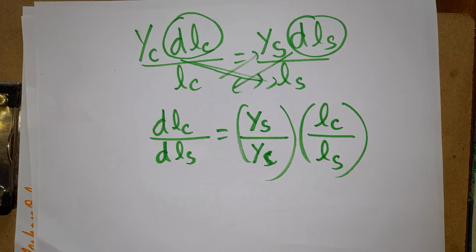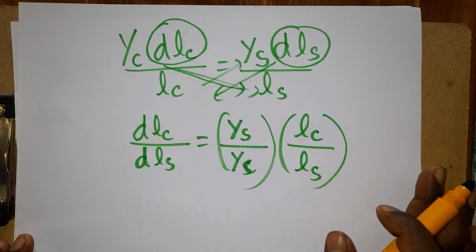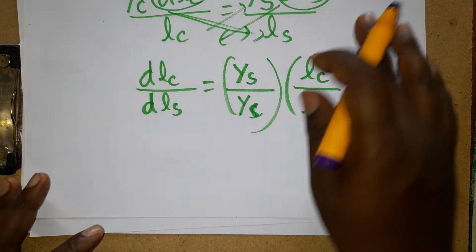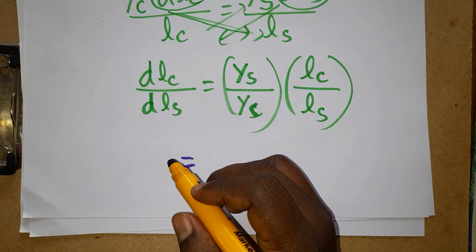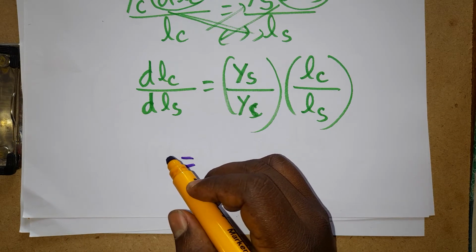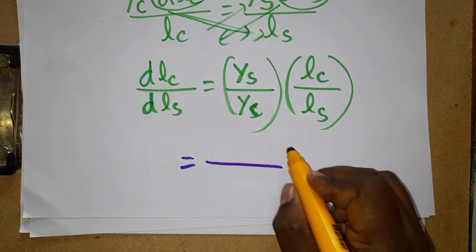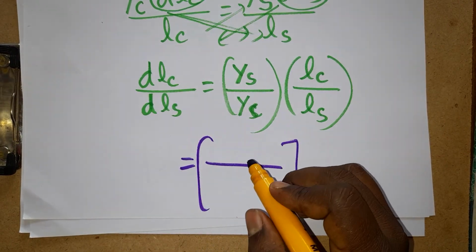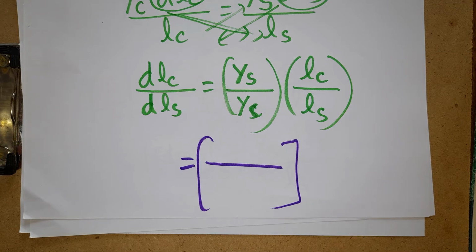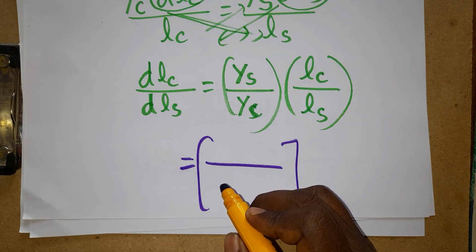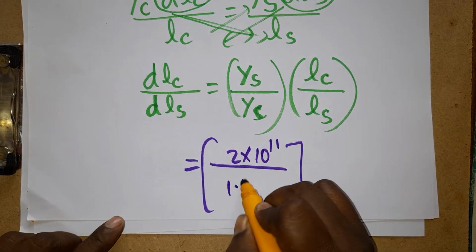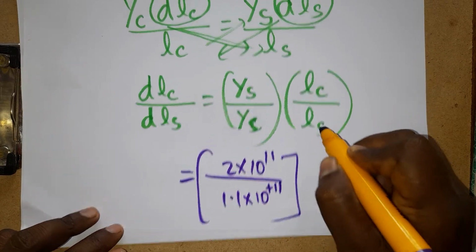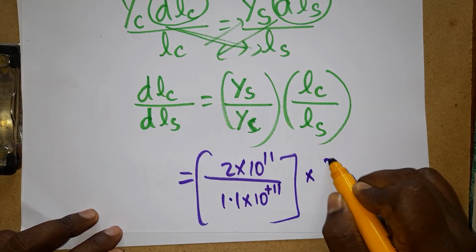For this problem you need a simple trick to follow. Finally, I will tell you how to find the weight. Now, Young's modulus of the steel wire: you can refer to the tabular column to find it. I have taken it from the tabular column. The Young's modulus of steel wire is 2 into 10 power 11, and for copper wire it is 1.1 into 10 power 11. The length of the copper wire, which we already know, is 2.2.